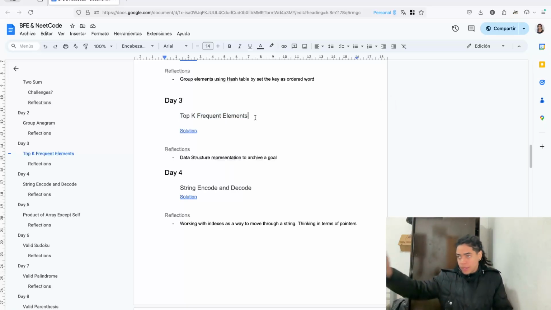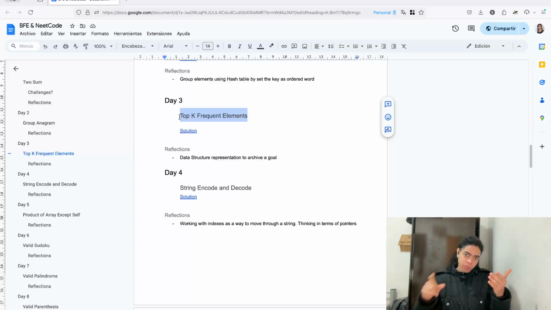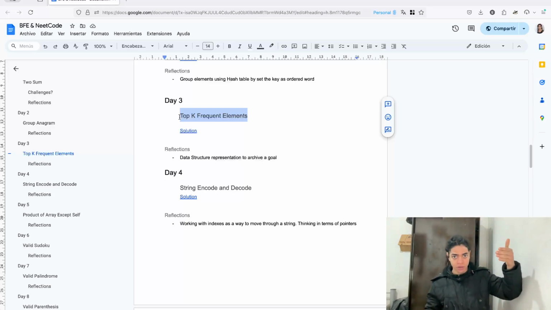By having this collection of elements, and finding what is the most frequent element in each one of them, you're going to use this structure as a way to come up with a solution. Remember that here we want to know the most frequent elements, which is the way of how you can count elements in a hash map. That's what we did. We count all of these elements in a hash map, we count the number of occurrences, and once we have that as our record, all right,